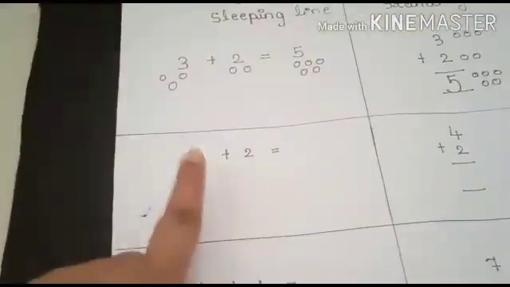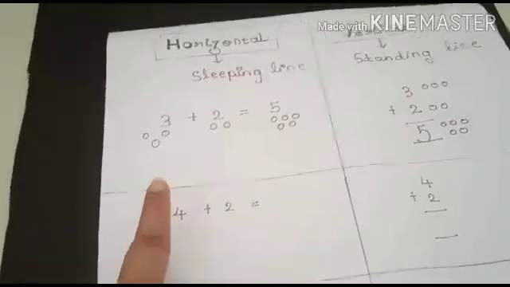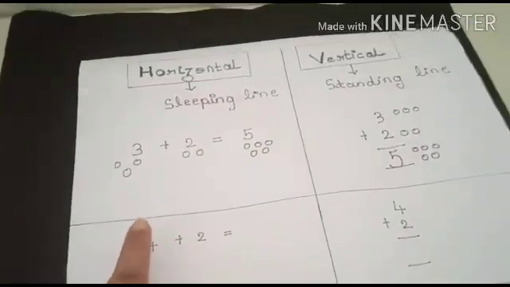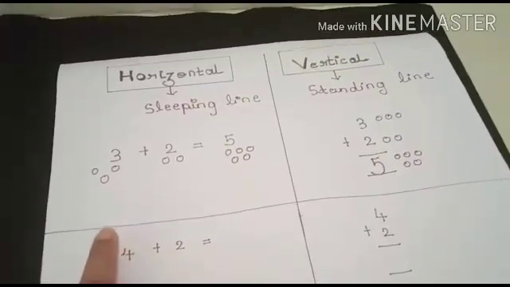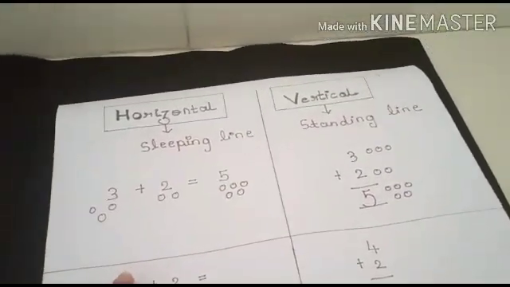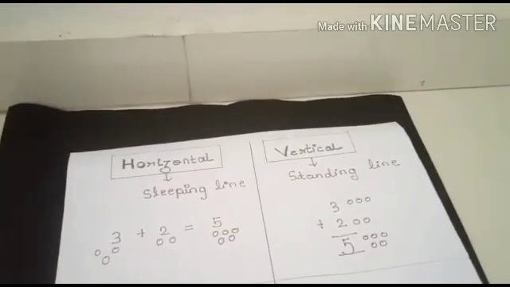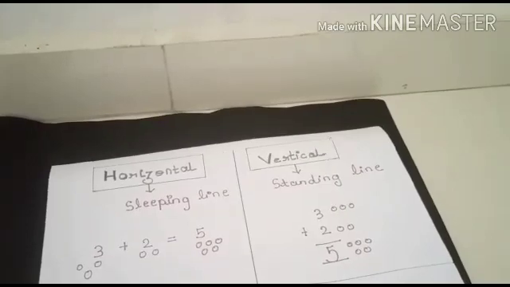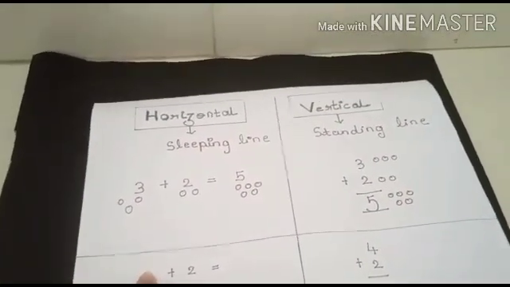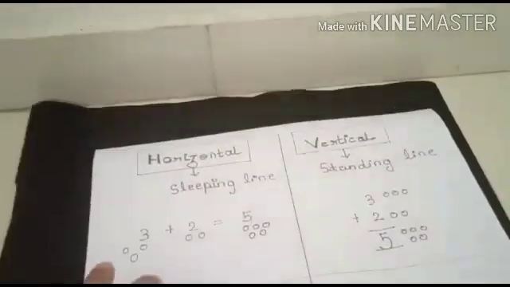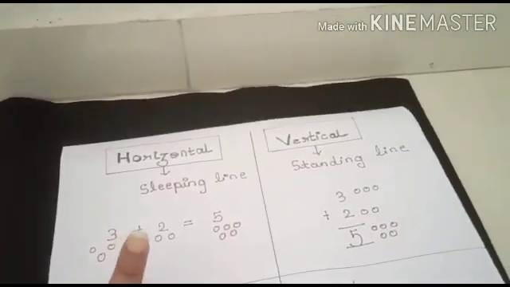So what will I do? I will hide the bigger number with my finger, and I will remember this number in my mind. So 4 in my mind, and I am going to hide this 4. And after that, 2 in my fingers. So I have hidden this number 4, and after 4, which 2?